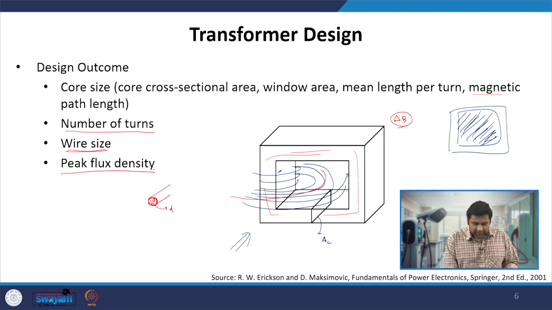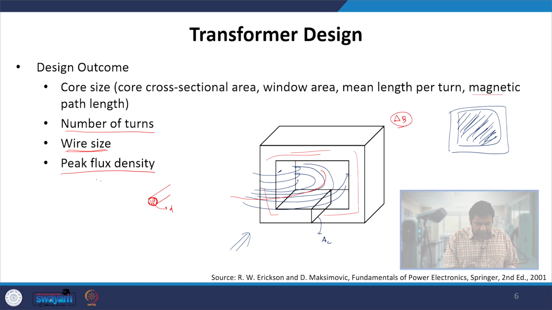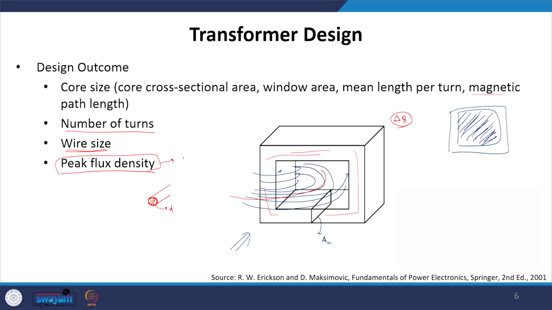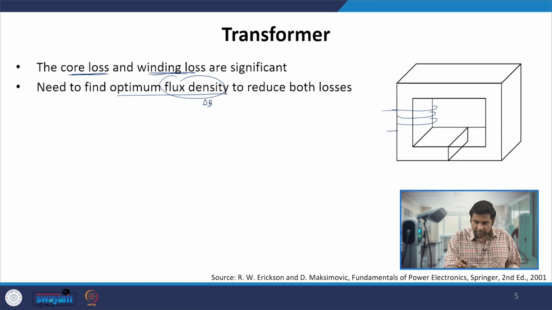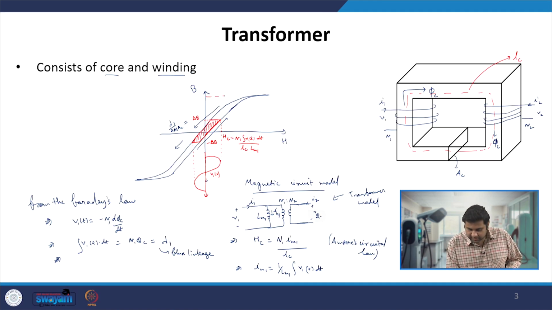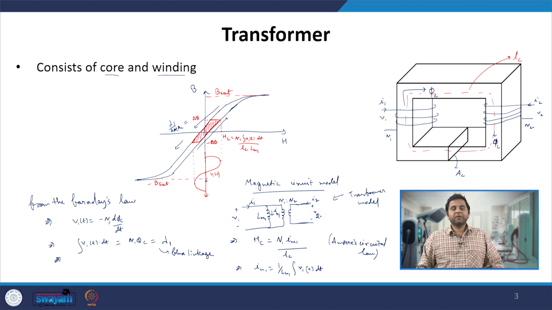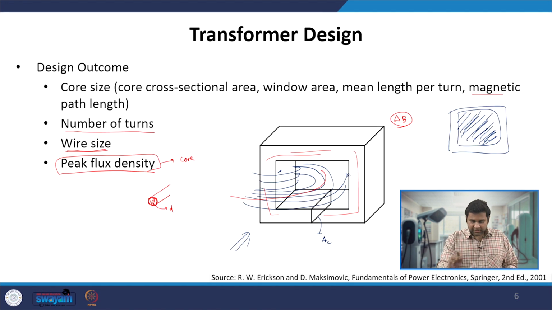And then we have another important thing, the peak flux density, because it is essential to understand whether the core hits saturation. Saturation means the value at this place, we have the saturation point. That means the point where all my magnetic domains get fully aligned and no further magnetization takes place even if you increase the external magnetic field. So that is the saturation value.